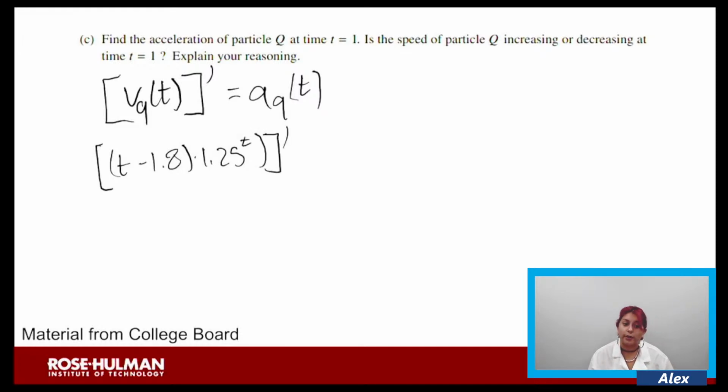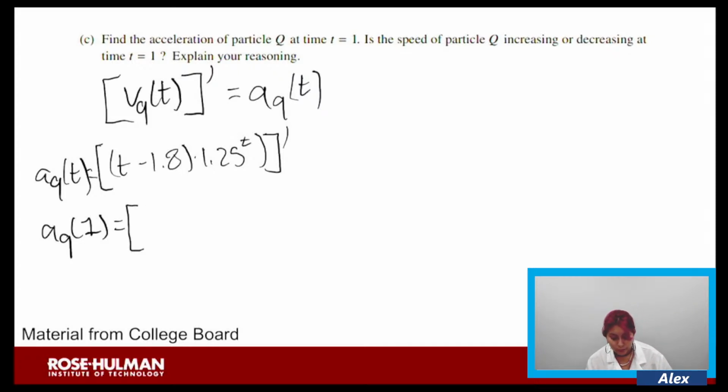But we're not just trying to find the function of the acceleration, we're trying to find what that acceleration is at 1. So to find that, we would have to take the derivative of this,